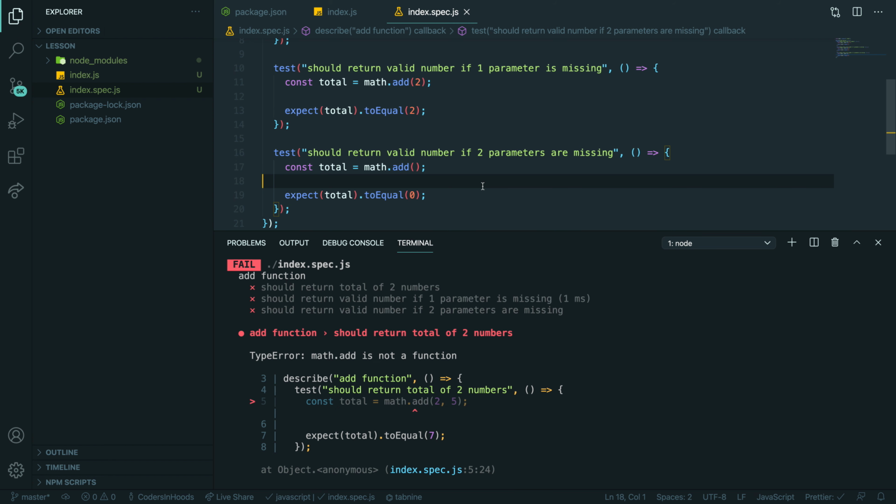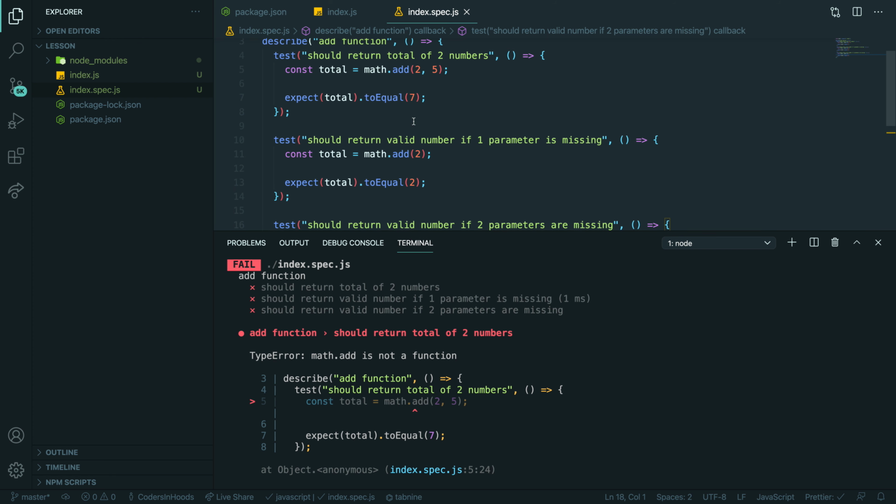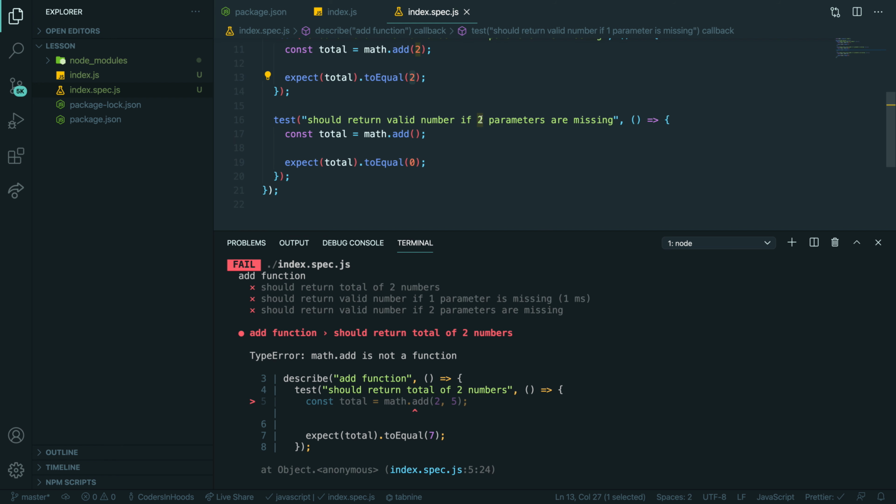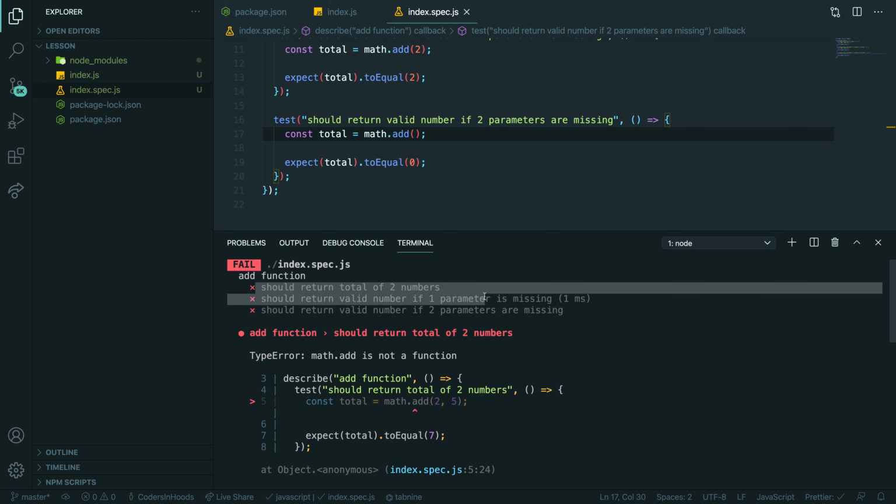So this is like a requirement from our product owner or from the business that, hey, this is how it should behave. If I'm passing 2 numbers, it will return the total. If I'm passing 1 number, it should return the same number. If you forget 2 numbers, you just call the function, it should return 0. So we fail 3 tests.